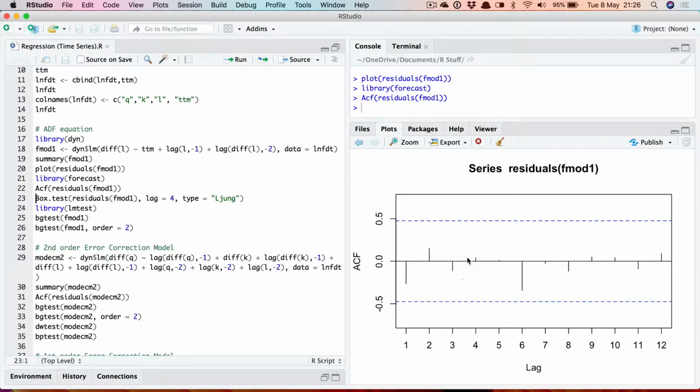Now, as you can see, these of course are the boundaries. So if the lines are outside of these two lines here, then the correlations are significantly different from 0. Here there appear to be no significant correlations, so it's looking as if the residuals are random, or non-autocorrelated. As well as the autocorrelogram, of course, you can run a Ljung-Box test,